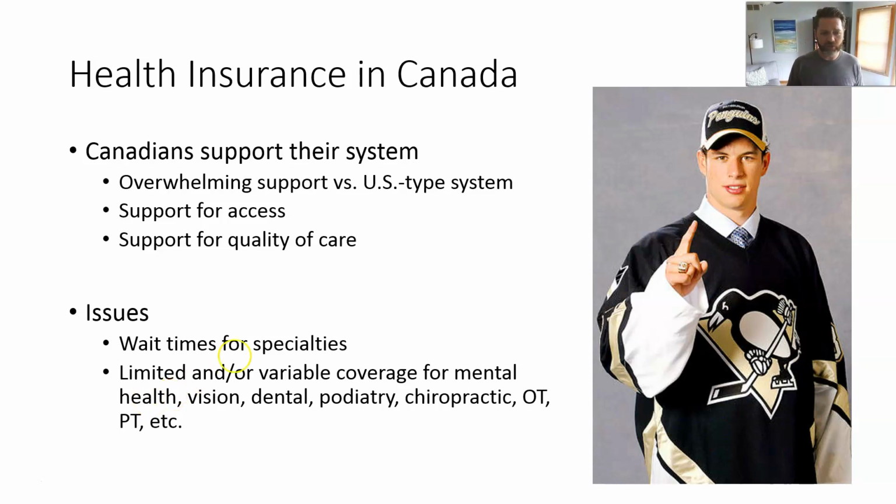Some of the issues that come up in the Canadian system are some wait times for specialties, right? So there's a lot more focus on primary care. Primary care is shown with economic data to really increase outcomes and decrease costs for the system. That's true in the US, Canada, Britain, European countries, right? So by having more primary care, there's then going to be likely a longer wait time for specialties because there's less of them, right?